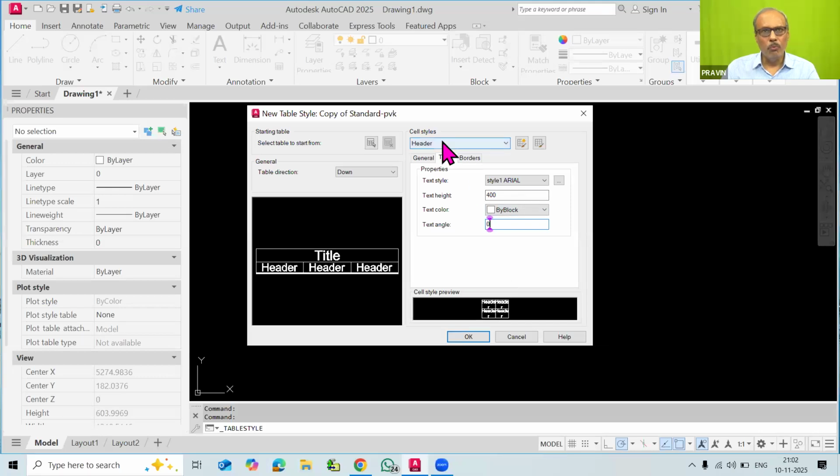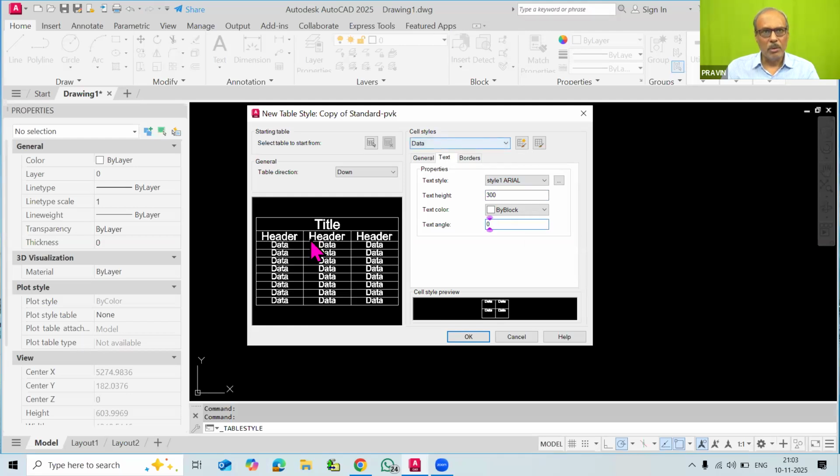Now then you have to go for the data. Means in any table, there is a heading of the table, the name of the table, then there is a heading, and then there is data. So for the data also, I will go to style 1 and the text height I will take as 300. So now you have to remember.